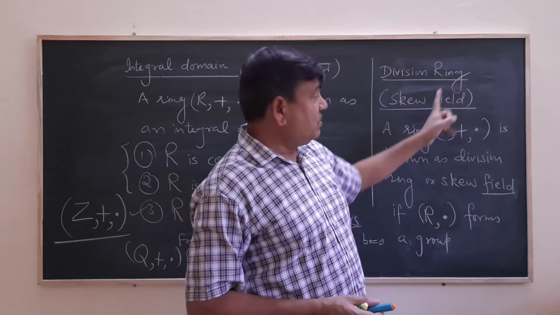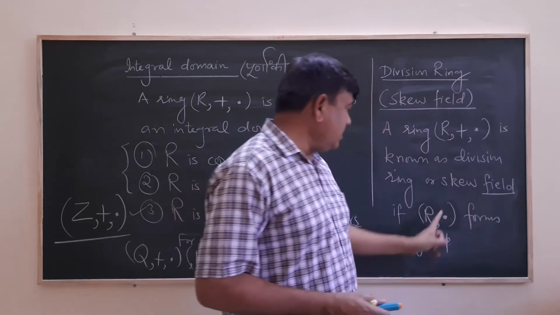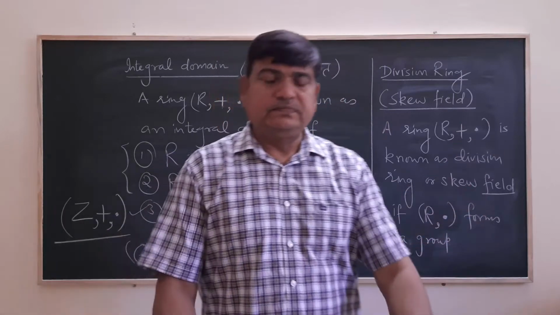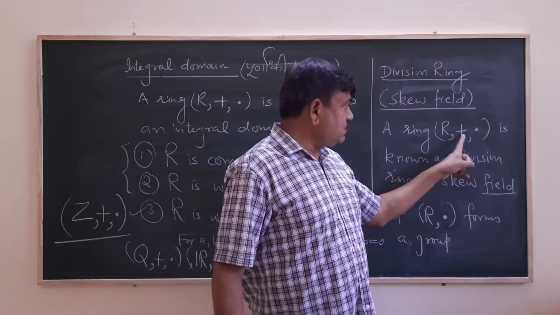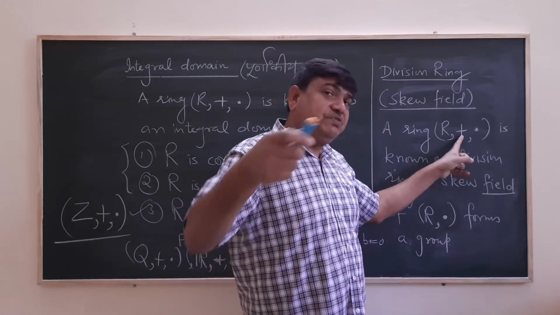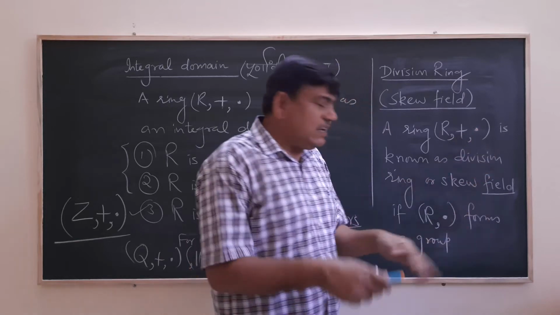Division ring or skew field, a ring is known as division ring or skew field if this forms a group. बात खत्म। This is a ring, means for this one abelian group, distributive property. Now I'm talking about this one. इसको मैंने ग्रुप के लिए कंप्लीट कर लिया है।